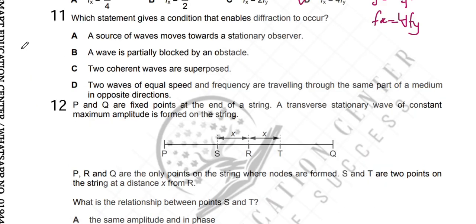Next one, question number 11, which statement gives a condition that enables diffraction? And that is obviously answer B. The wave partially blocked by an obstacle, not completely, partially means a gap. So